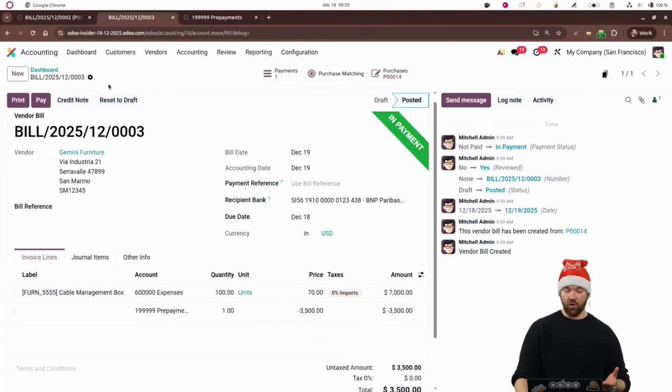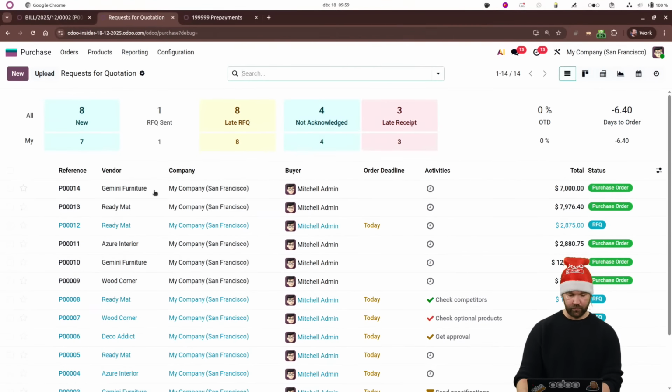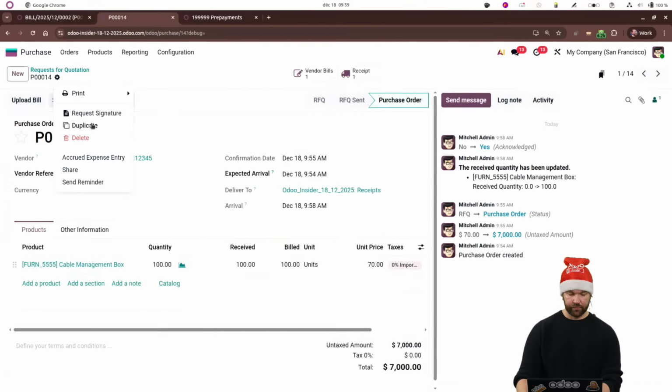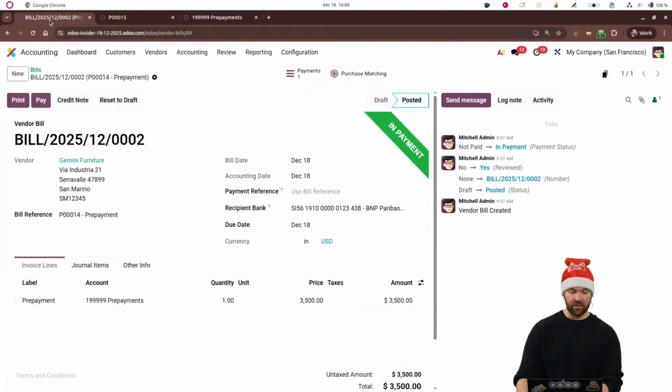If you didn't like that approach and you wanted Odoo to actually prompt you to let you know in advance, hey, you actually paid something in advance, another way to do it is, if I go to purchase, I will duplicate this order, confirm it, again, 7,000. Let's say they issue a pro forma or what have you. Going back to this other tab I have open here,